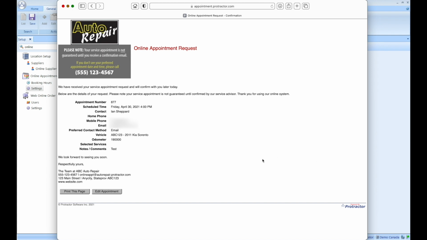Okay, so the first thing that the customer sees is this notification or acknowledgement within the browser. It says, here are the details of your request. Please note your service appointment is not guaranteed until confirmed by our service advisor. Thank you for using our online system. It provides all of the details, but from within this screen, let's say me as the customer, I'm looking at